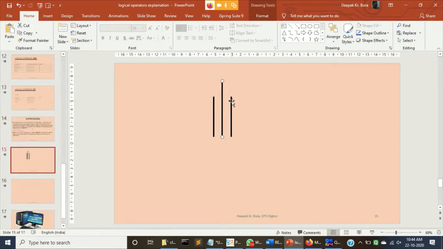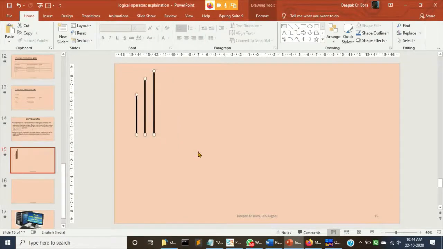So this is one. Now here, how are we going to compare these three lines, the height?